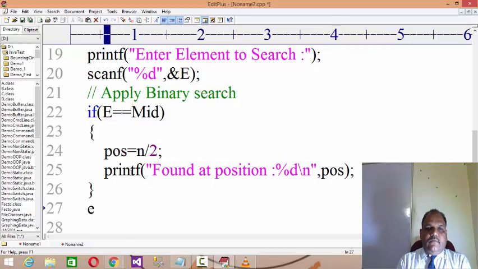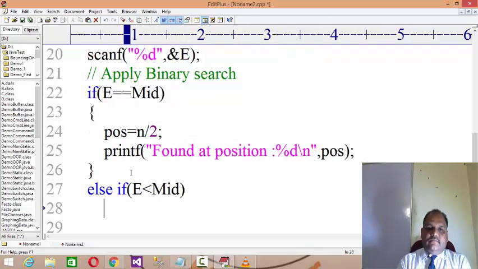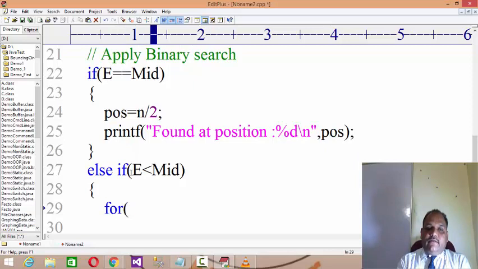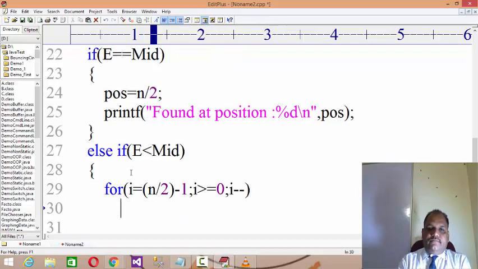But else if the element you are searching for is less than the mid, then you have to set another loop: for i equals n by 2 minus 1, i more than or equal to 0, i minus minus.